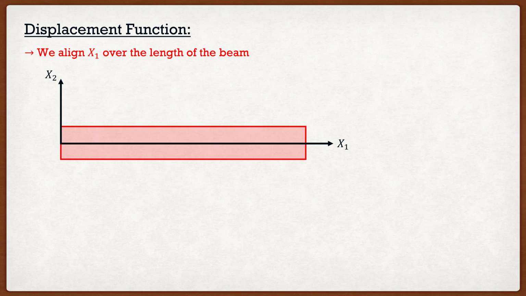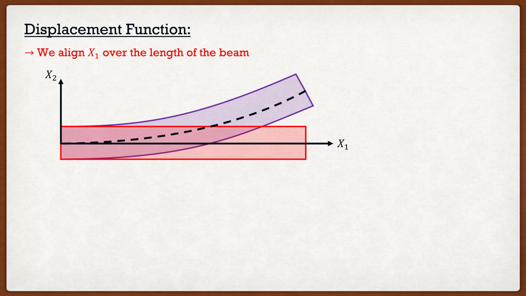All right. So now we know that the beam, of course, is going to deflect under the loads, and we're going to get something like this. So that dashed line now is the centroid of the beam as it has been deflected. What we're going to do is say that the distance between the x1 axis and the new centroid is not specifically our displacement function, but the deflection of the beam, y. So it goes from the original centroid of the beam to the centroid of the beam after the